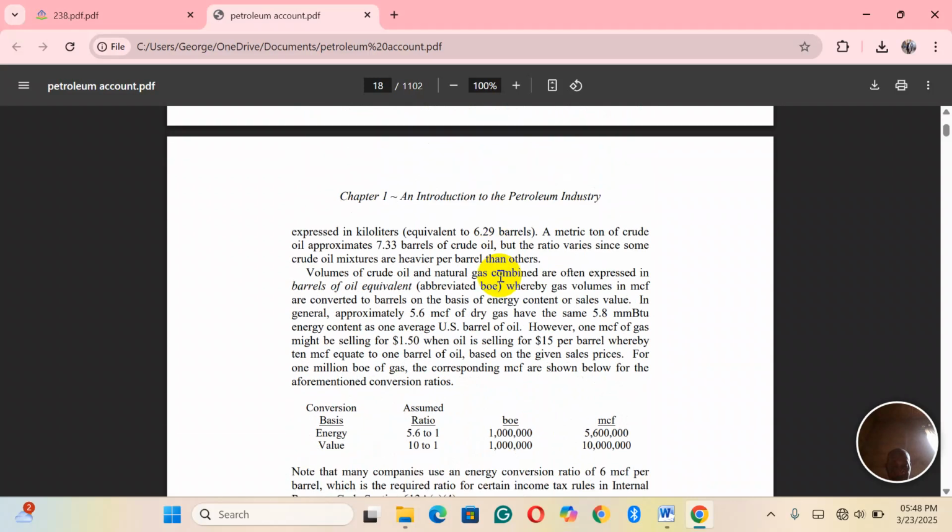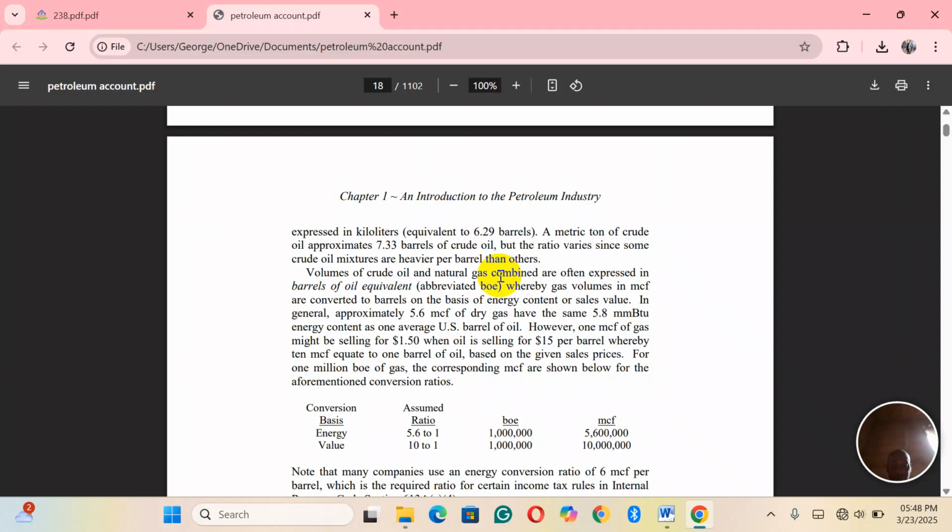I want us to look at the volume of crude oil and natural gas combined, which is often expressed in barrels of oil equivalent, abbreviated BOE. Where gas volumes in MCF are converted to barrels on the basis of energy content or sales volume in general, approximately 5.6 MCF of dry gas has the same 5.8 MMBTU energy